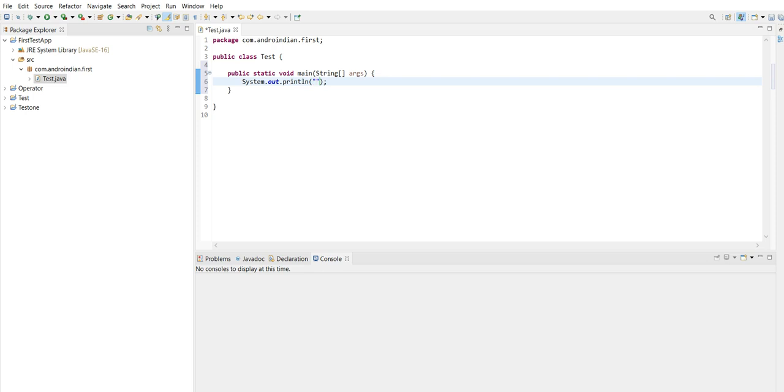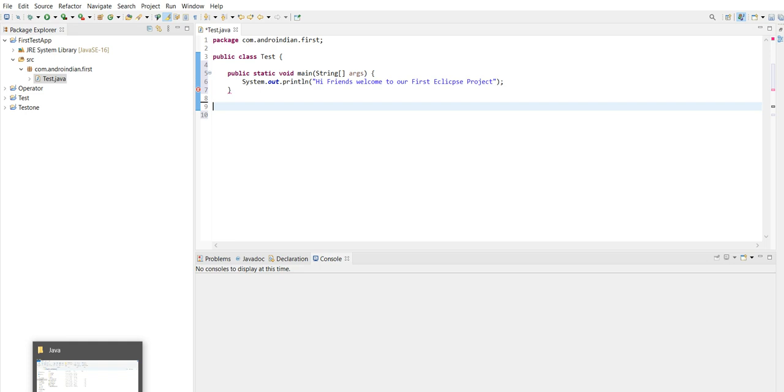Hi friends, welcome to our first Eclipse project. After this, you see, if anything is missed, it shows errors like this. That is a very big advantage of this. Here is where the application runs.